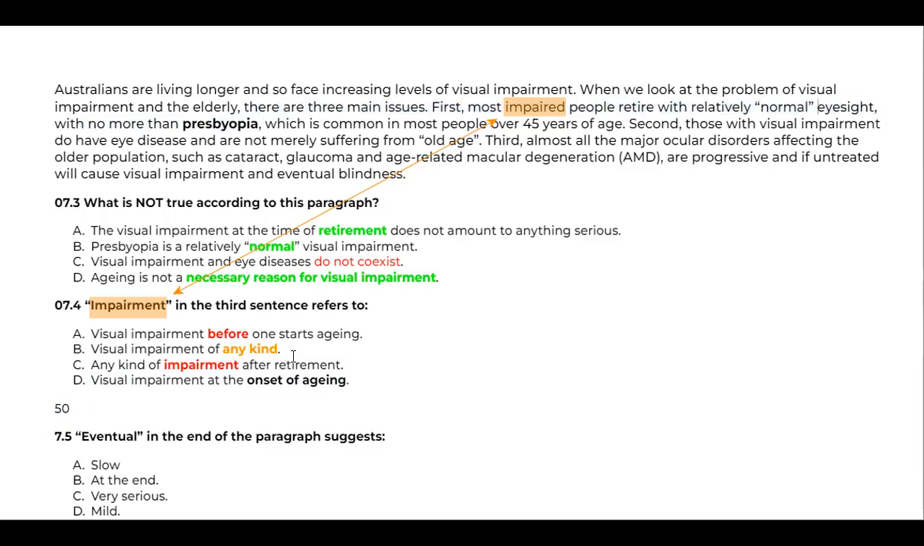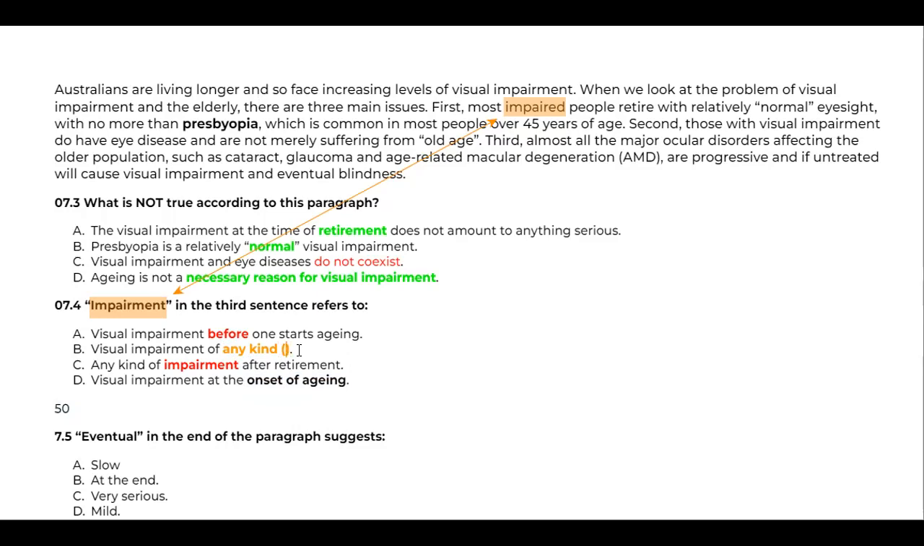When do people retire usually? Tell me, when do people retire? Aging is one of the reasons for retirement. So there is a connection here also. So now we have got two answers, B or D. Visual impairment of any kind can be an answer, but the problem is